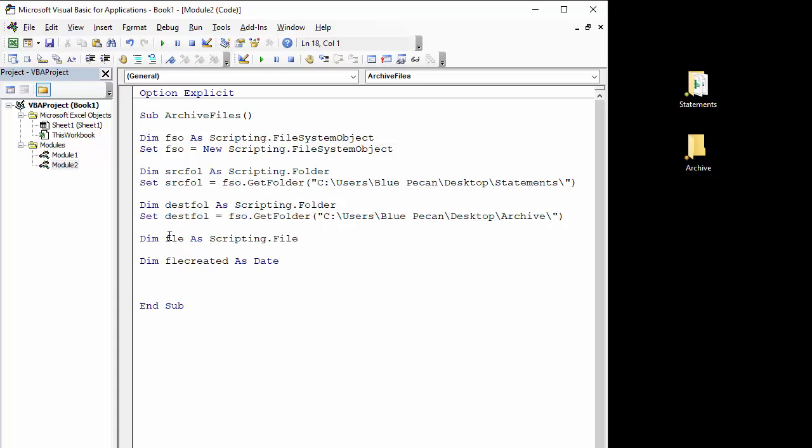I haven't set this one because I'm basically going to loop through all of the files in this folder with a For Each Next loop, and the fileCreated variable will be given a value within that loop as well. Okay, so now I can loop through each of the files in this folder and check the file created value or attribute for each of those files. So I can say For Each fle, so the scripting file within these folders, in sourceFolder.Files,